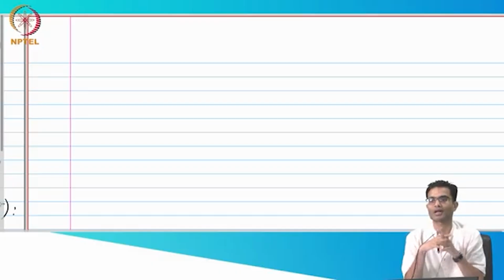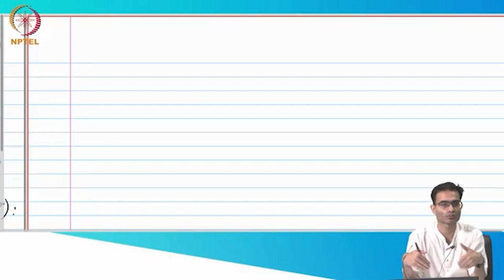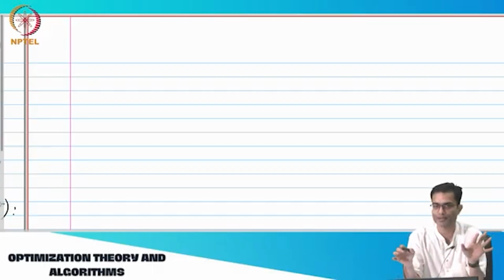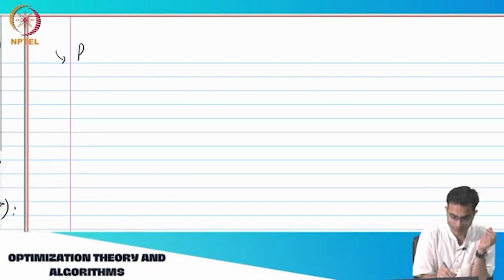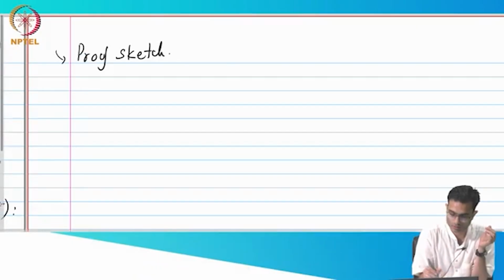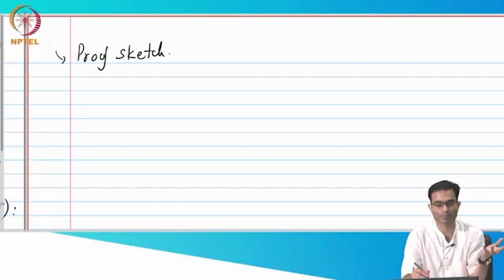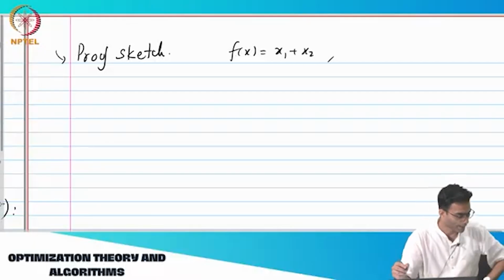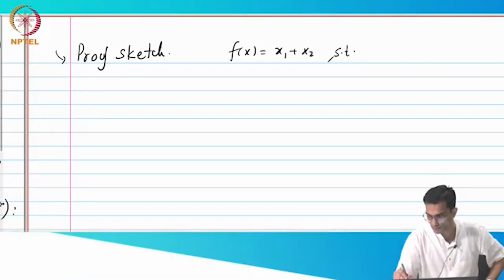Let me start out with the statement, and we won't do the full proof. We'll start out with the statement and take an example. Our favorite example is what we're going to take. This is not a full proof, let's call this a proof sketch. For that, our example was f of x equal to x1 plus x2, and I'm going to take two constraints,